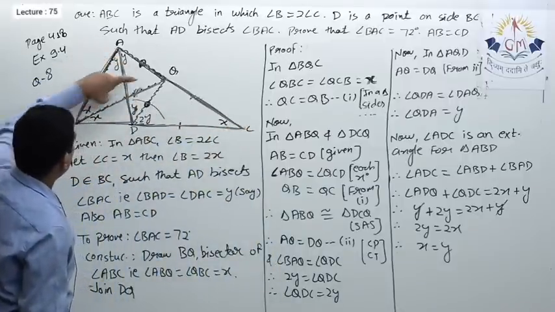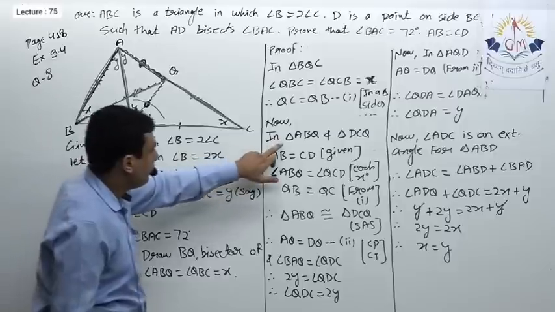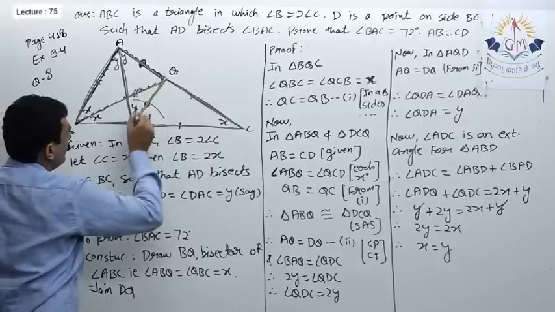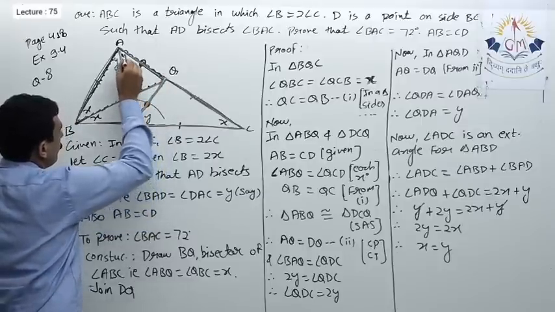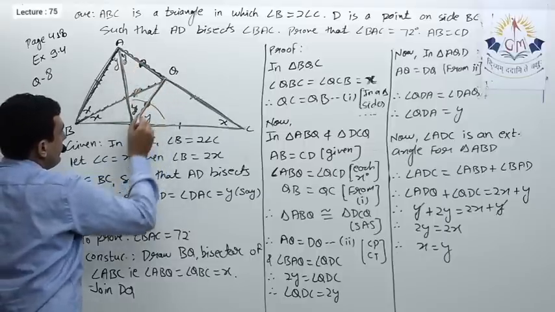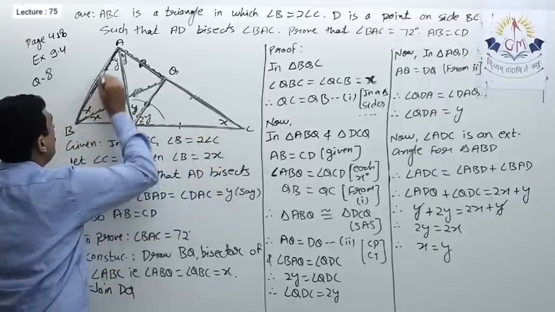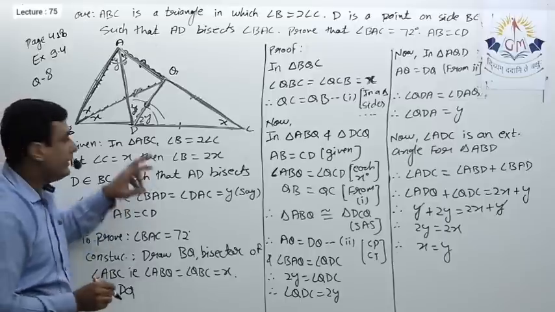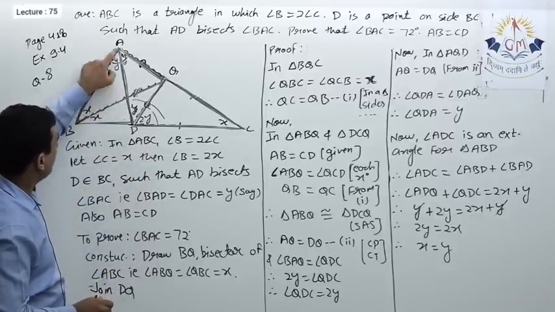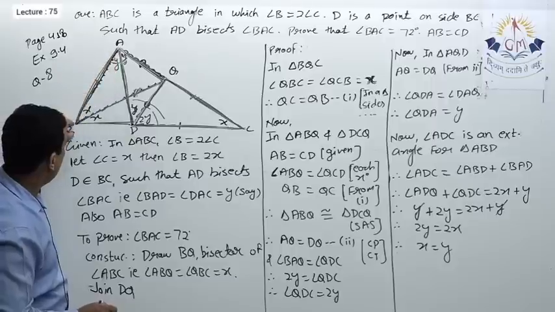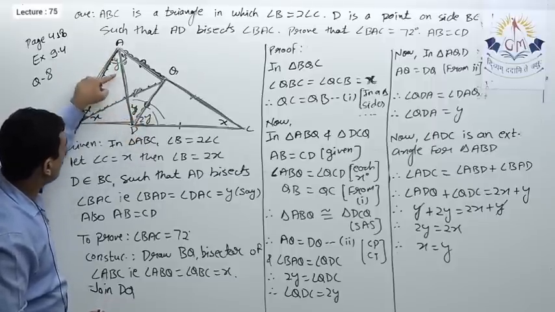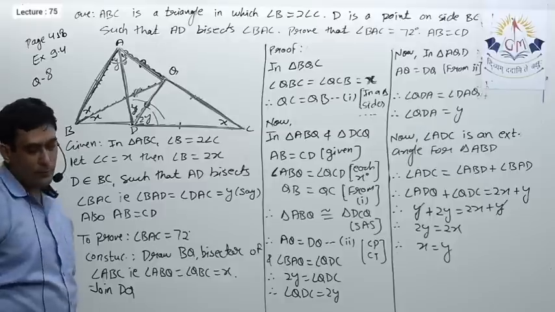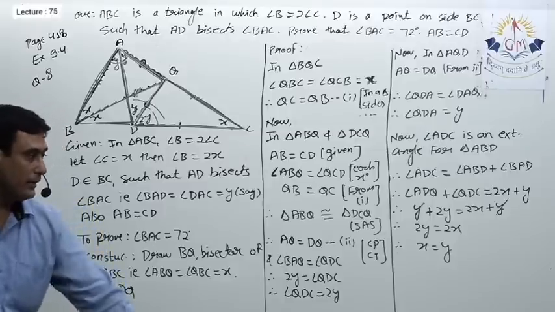Then we took triangles ABQ and QCD congruent by side angle side, and over there we took AQ equal to DQ by CPCT, which gave me these two angles equal. So this was y, so this became y. Also I got angle QDC is equal to angle BAQ, as this was 2y, so this also became 2y. Finally I came to the exterior angle property for triangle BAD. So y plus 2y is equal to y plus 2x, that gives me x equal to y. So note it down up to this point.